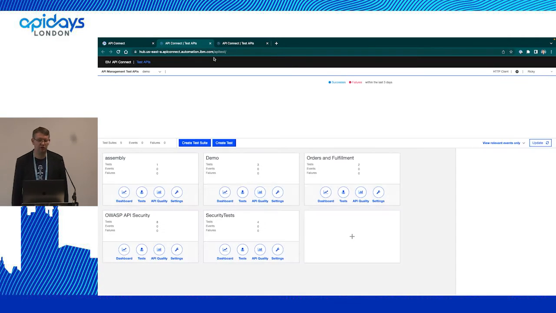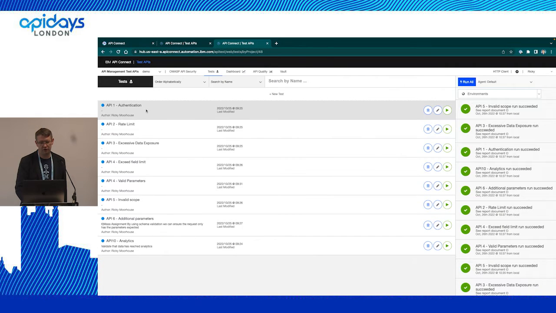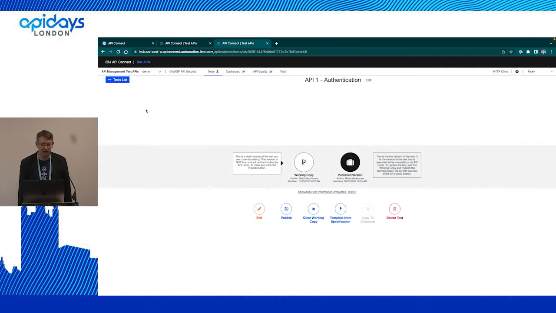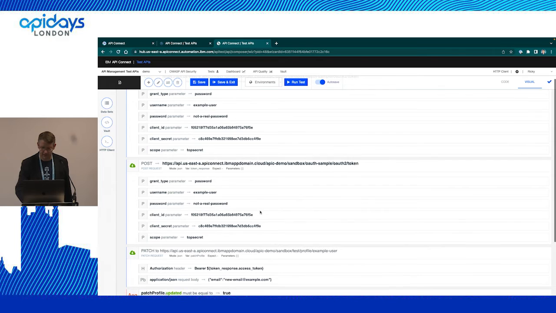It will log us in to show us the different test cases, and you group your tests in test suites. So today I've got this one here, the OWASP API security test suite that I've been building up to go through these examples. And so on the first one, we're talking about authentication, and one other, and this is an example of using the OAuth support within API Connect to access the API, and